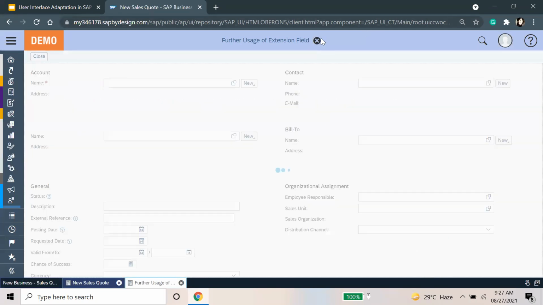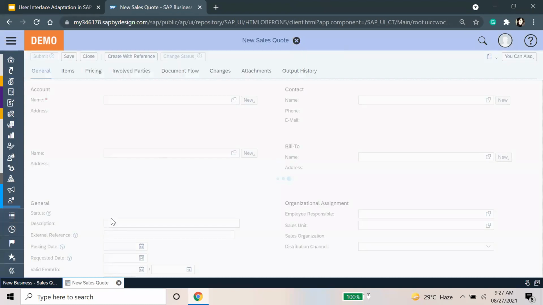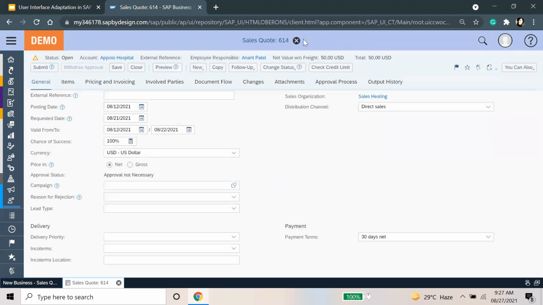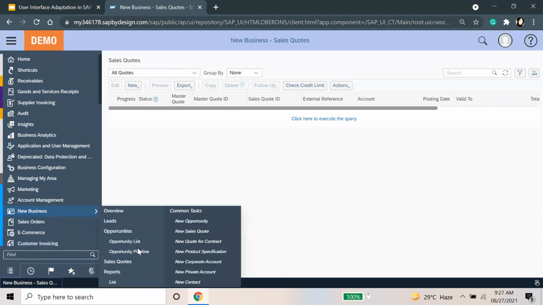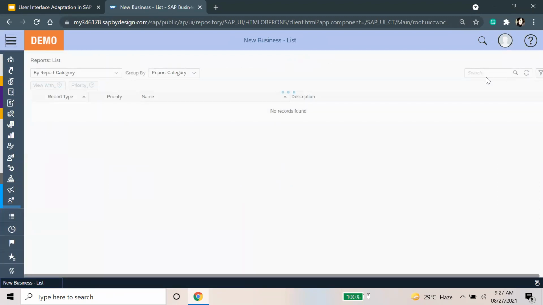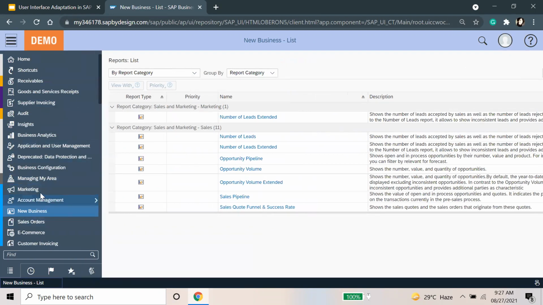So this has been published. I'll close this. So lead type is here. Let me check if it has been included in the report, lead funnel, where I can add this type. I think that will be in the marketing one.